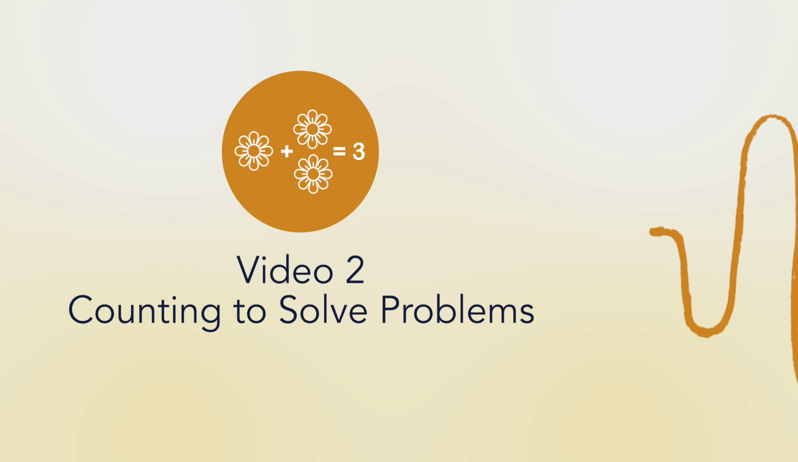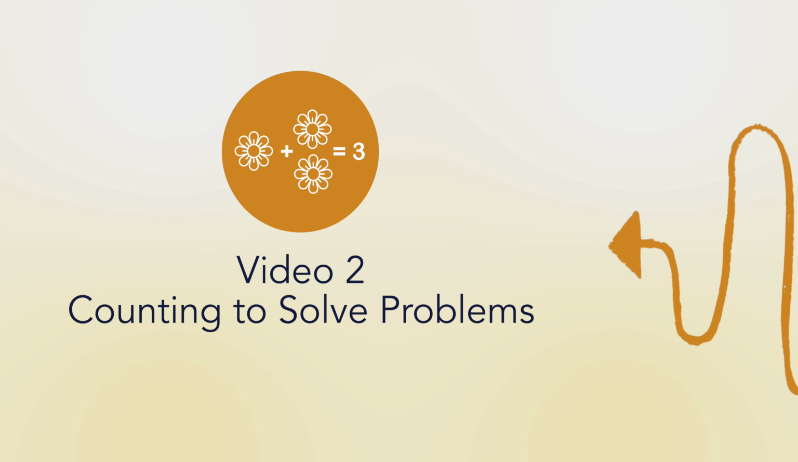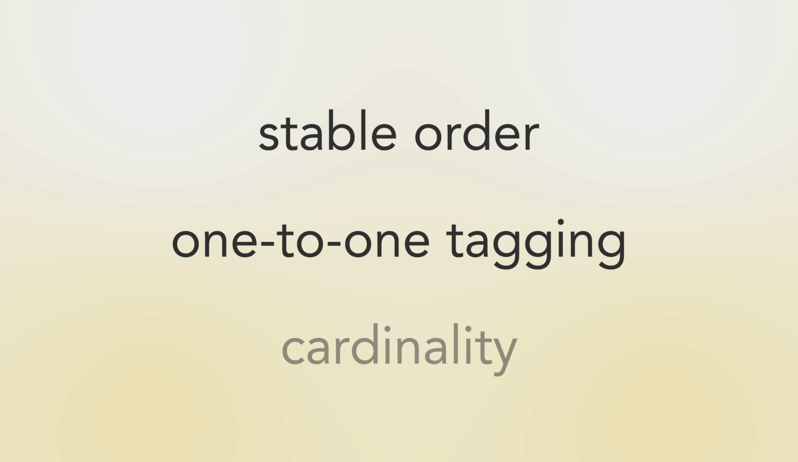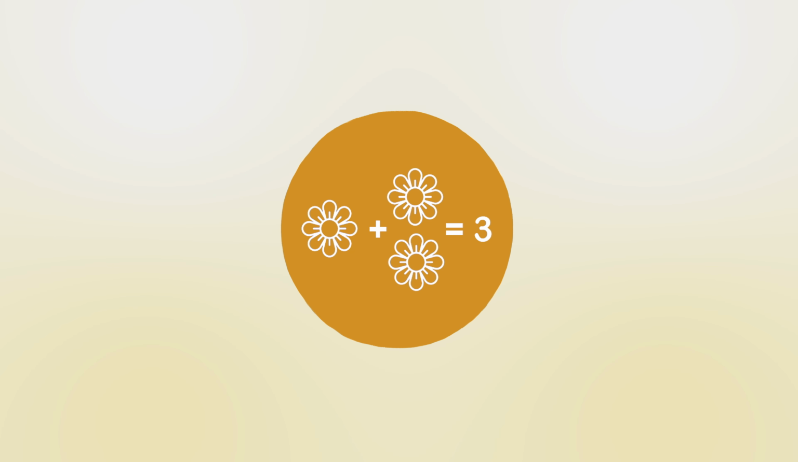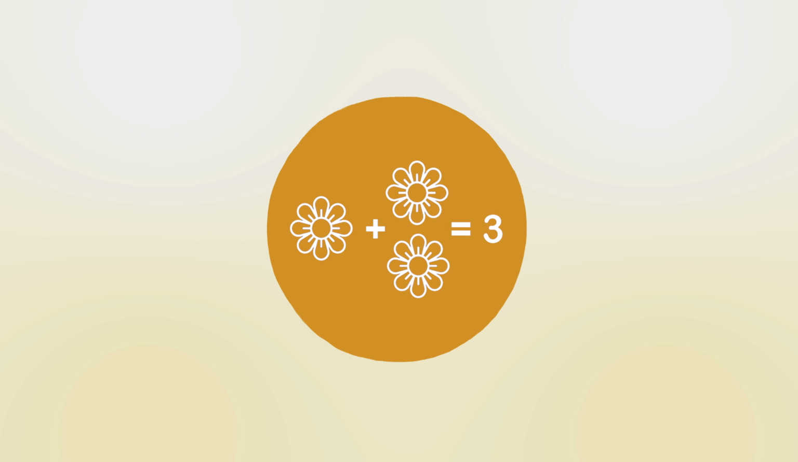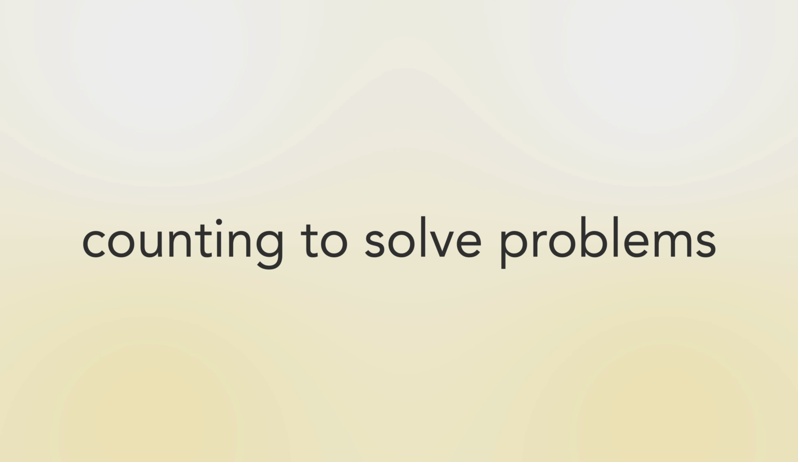Welcome to Video 2, Counting to Solve Problems. In Module 2, Meaningful Counting, you spent a lot of time focusing on 3 aspects of counting: stable order, one-to-one tagging, and cardinality. By emphasizing these rules that define how counting works, you have helped children get comfortable with the counting procedure. In this module, you will start by focusing on counting again, but with an emphasis on using it